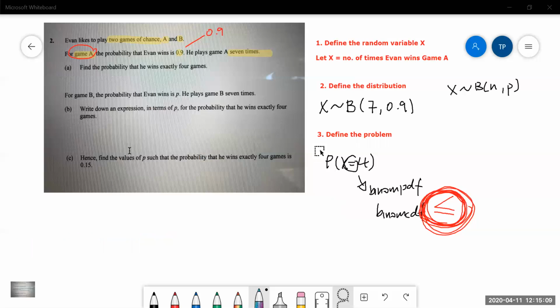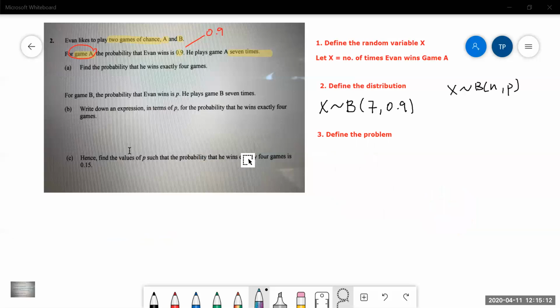This is the step to do it. Okay, so for part B, write down an expression in terms of p. For game B, Evan wins with probability p. He also plays 7 times. Write down an expression in terms of p for the probability that he wins exactly 4 games. This is the non-calculator question, and you should know the formula for binomial distribution, which is the probability of X equals x will be equal to